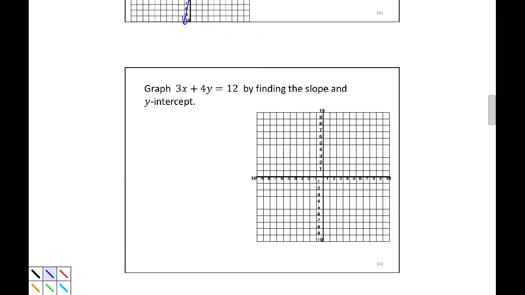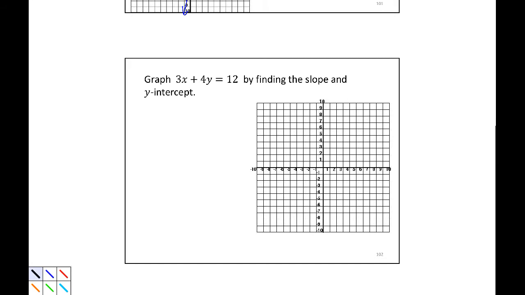Our next equation is not written in slope-intercept form. Well, it's written in standard form, but it's not written in slope-intercept form, y equals mx plus b. So first, we need to rearrange this equation. We will subtract